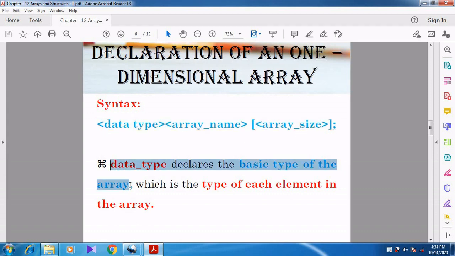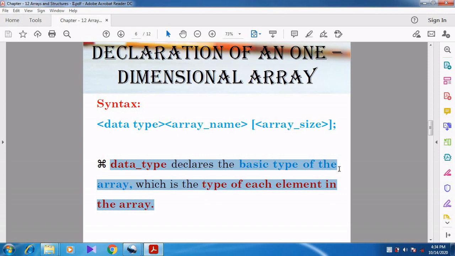What is meant by data type? Can anyone say? Yes, data type represents the type of data we are going to store in that array.